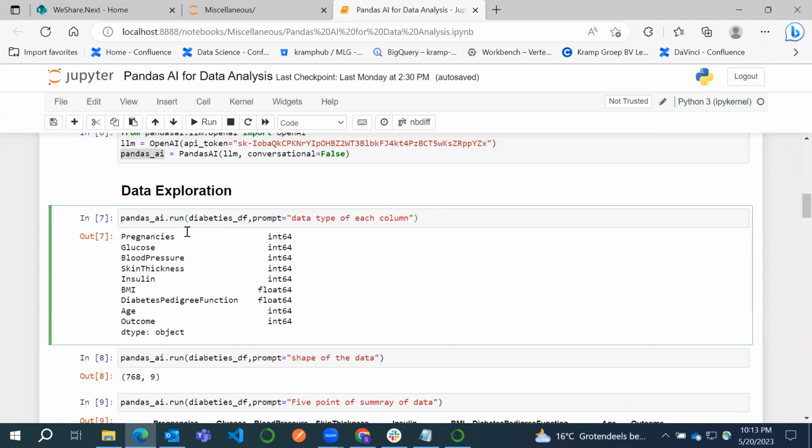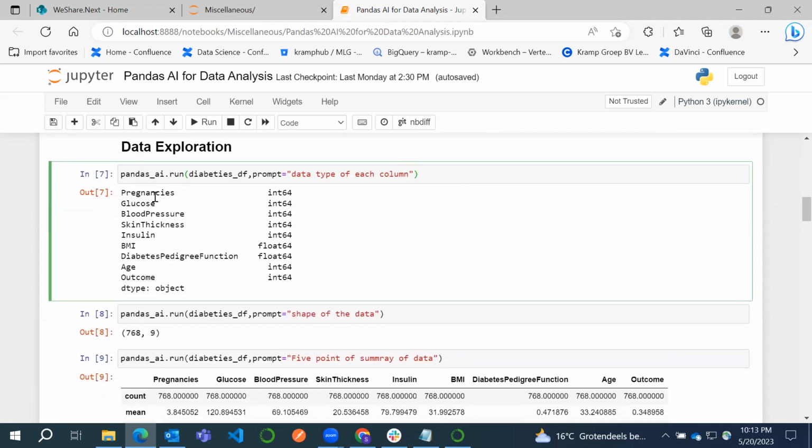For example, here I have written diabetes DF as the first parameter because that is our data set, and then prompt is equal to data type of each column. So I want to know what is the data type of each and every column which is present in the diabetes data set. So you can see here it has given me all the columns of the data set and